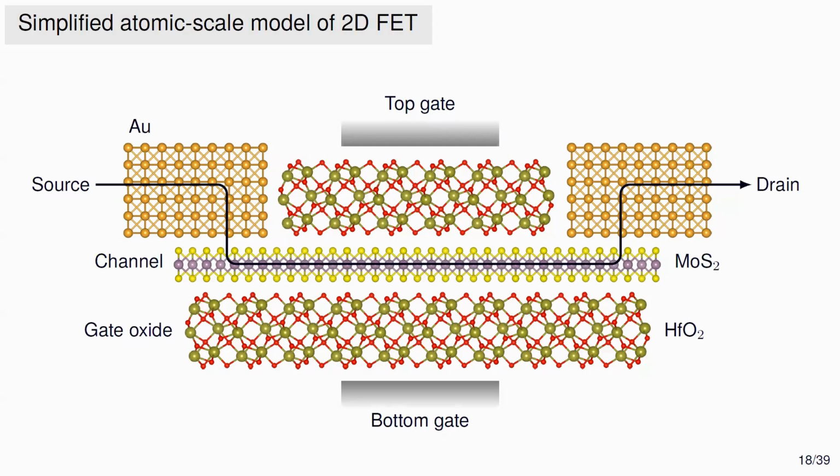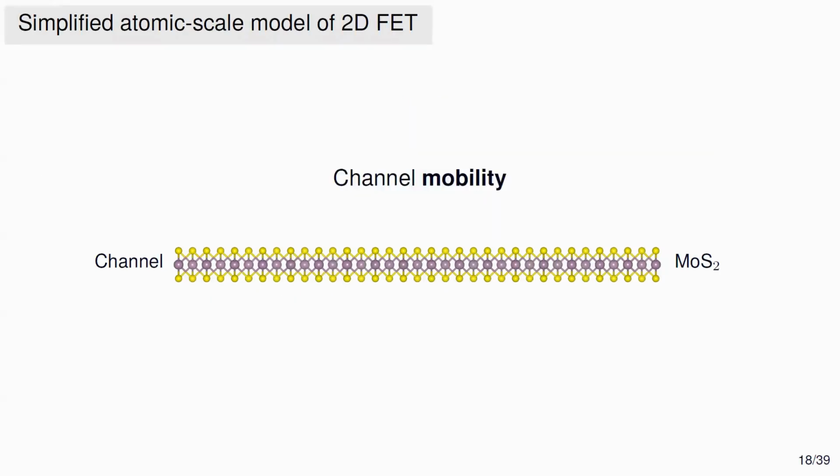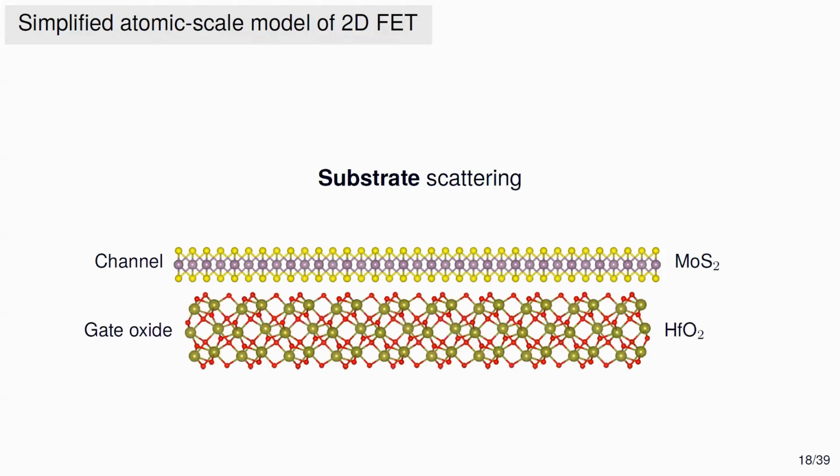So what we started doing in the group is to break this down in pieces that we can handle with controlled accuracy. So the first piece, if you try to model something so complex, is to look at the basics. The most important part will be the channel. So maybe we should study what happens if you have only the channel in this device. And that would allow us to tell what is the best possible theoretical performance if nothing else happens to the system coming from interfaces and contacts and so on. So that's something that I'll discuss in a second. The second element is to see what happens if you have an oxide, below or above the system, to understand whether that will affect the transport of electrons in this layer.